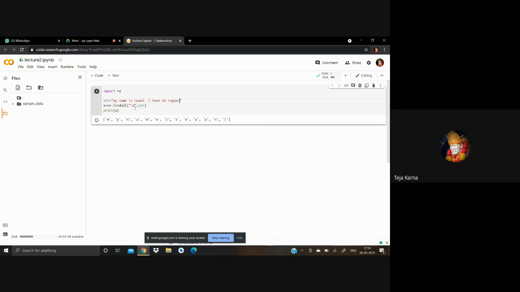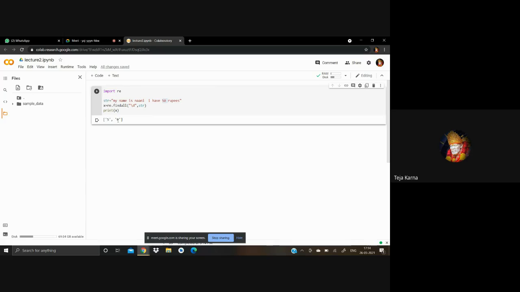The slash d is something that is going to find all the digit characters. Like in this string, we have a number 50, so it is going to find 5 and 0, and will give you an output in the form of a list. 5 and 0 in the form of a list.